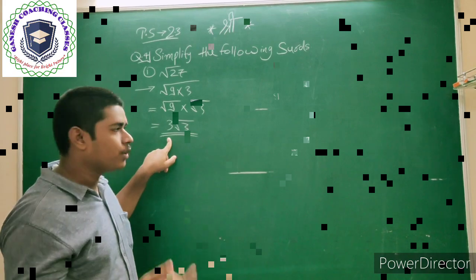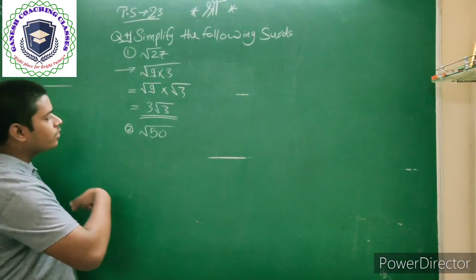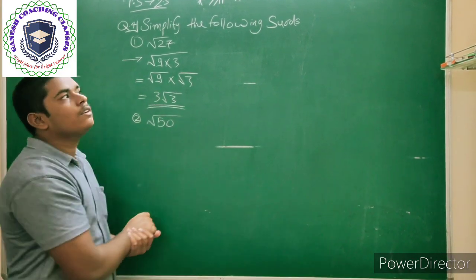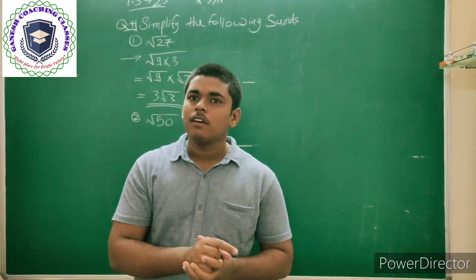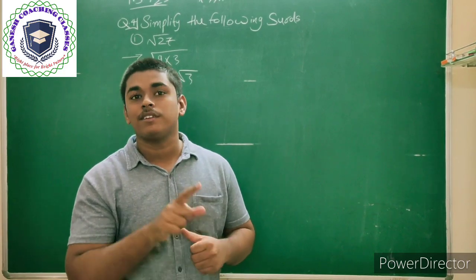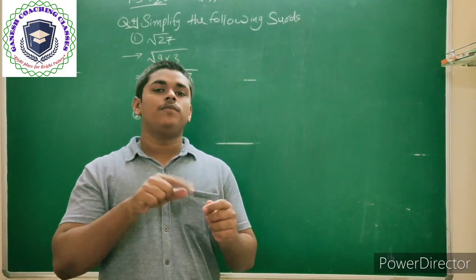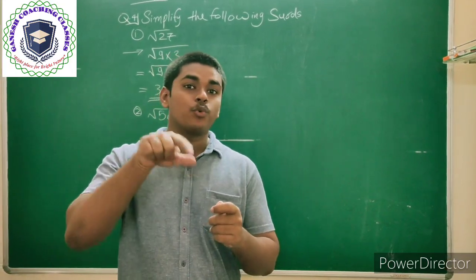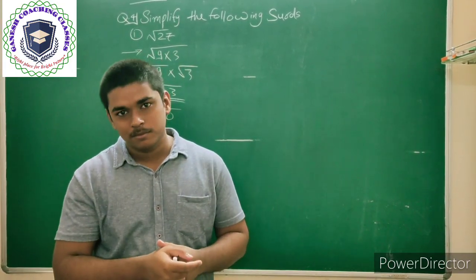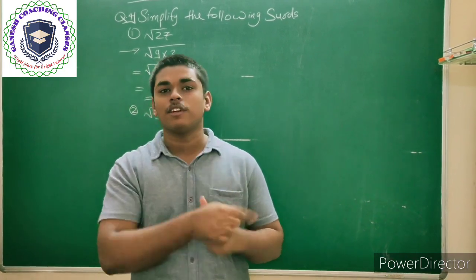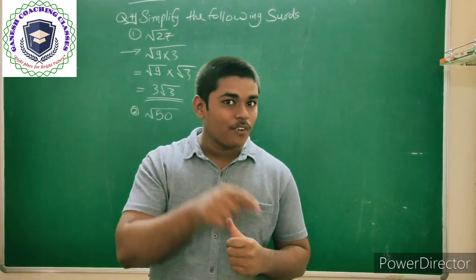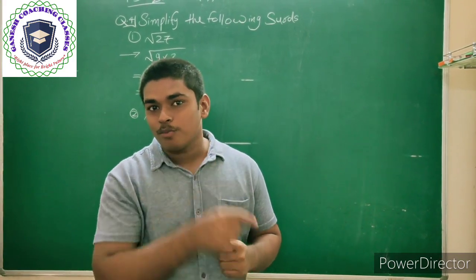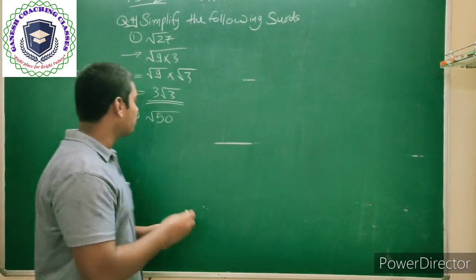Let's start question 2. In question number 2 we have been given root 50. How can we find the factors of 50? We can find that 10 fives are 50. But if we write 50 as 10 into 5, we do not have the predefined root of 10 as well as 5. So there is another factor, that is 25 twos are 50. We have the predefined value of root 25, that is 5. So here we can write that